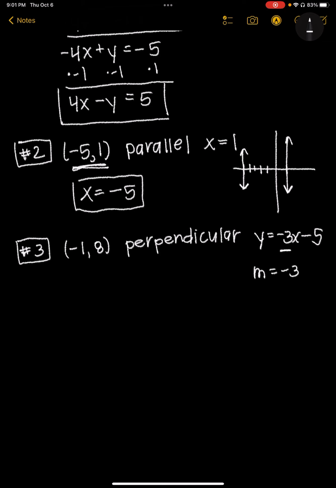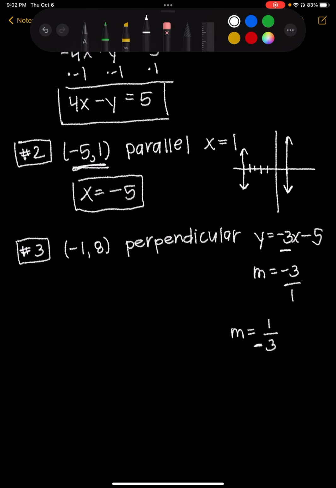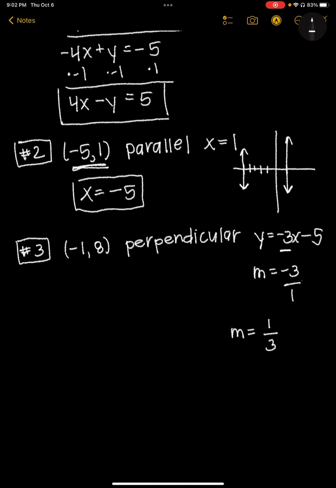But here's the deal. Because we want it to be perpendicular, what we're going to do is flip that into a fraction and switch the sign. So -3 is the same thing as me saying -3/1. If I were going to flip that, it would be 1/3, and in fact it's like a -1/3 because that 3 stays negative, but because it's a negative reciprocal, we can take that negative away because we're going to flip-flop the sign. So my new slope, or the slope that I want to use in my equation, is just